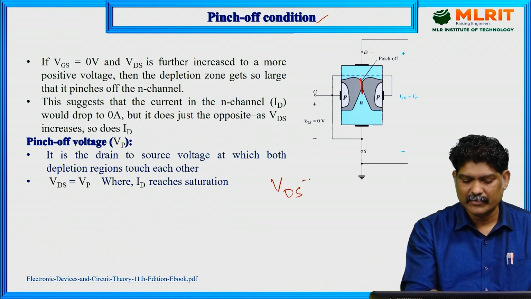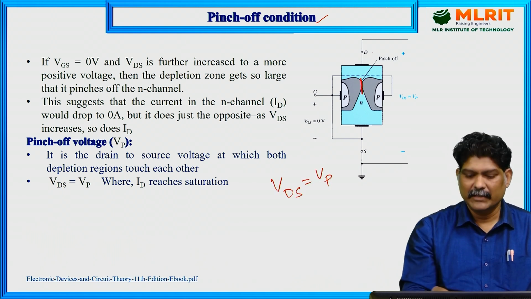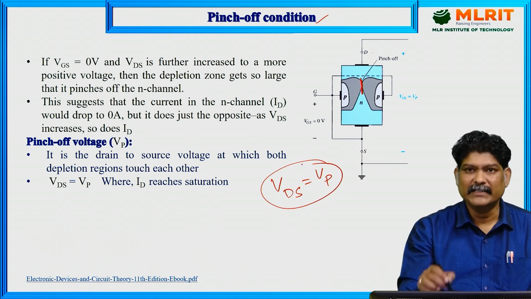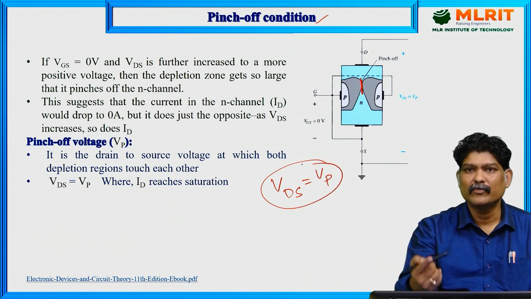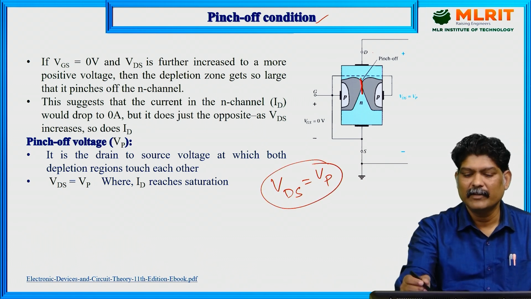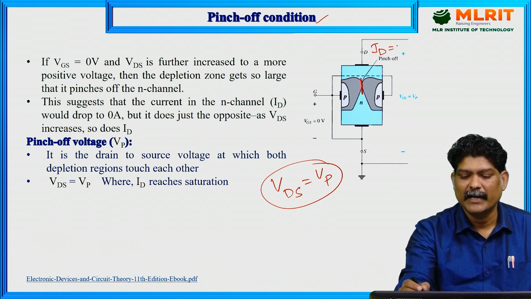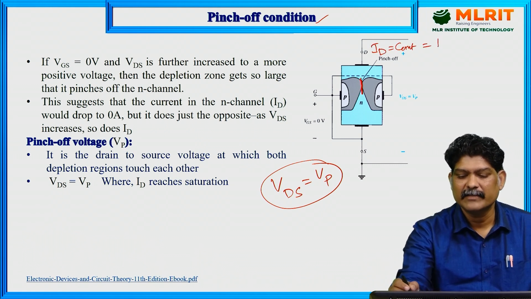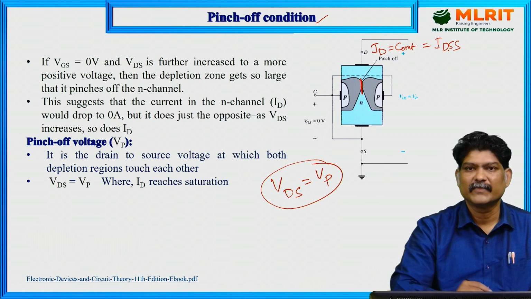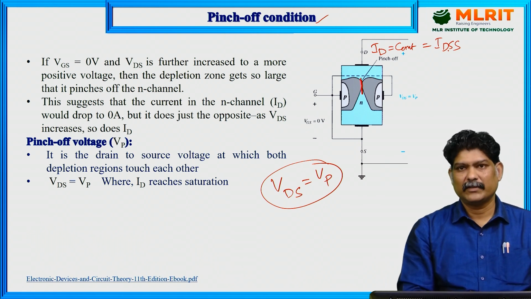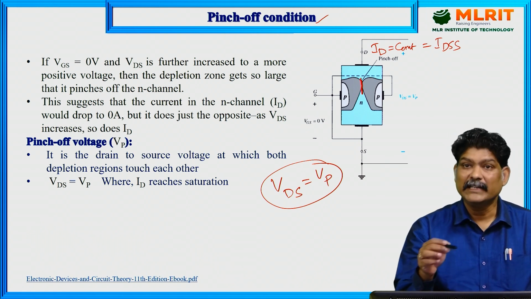VDS equals VP, and in such a case what happens to the drain current? The drain current ID will be constant. ID equals a constant, and that is given by IDSS,